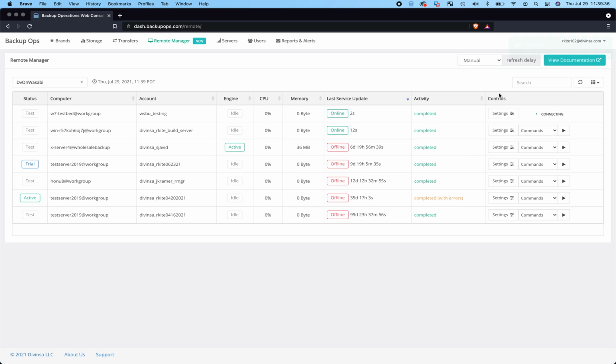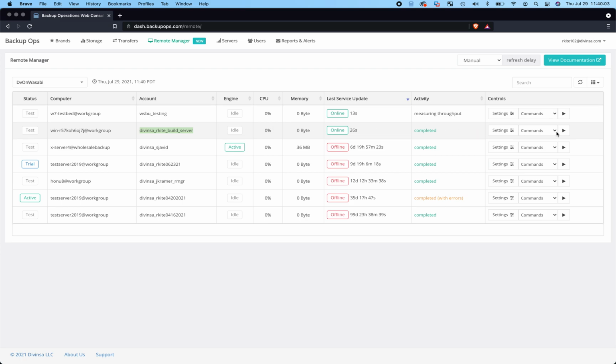The remote manager allows you to do a few other things as well. Okay, we see the computer picked up that change, and here's the confirmation that it was doing a throughput test as it was connecting. We can refresh the table here, and we see that the last update time was changed here as well. So one of the things we can do here from the remote manager is, for instance, we see that this computer,